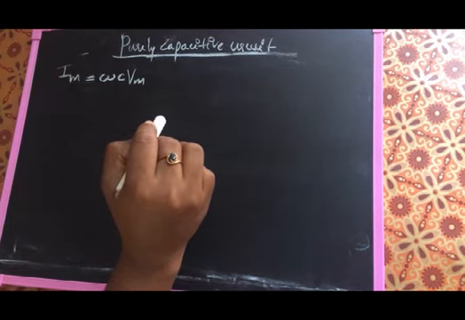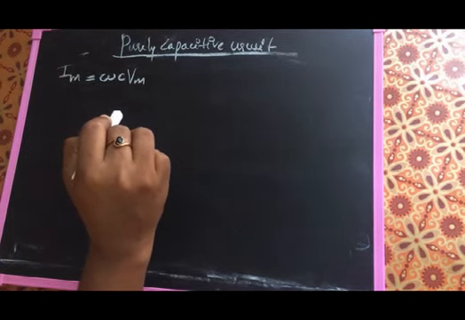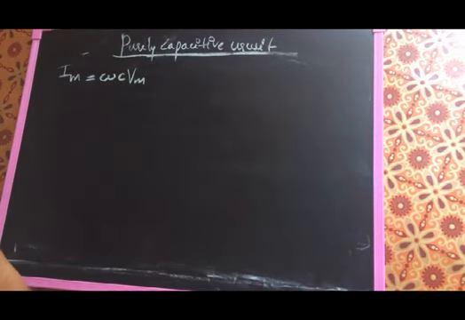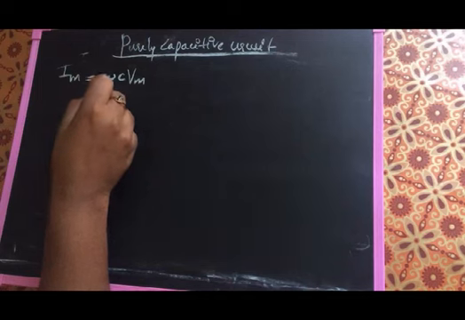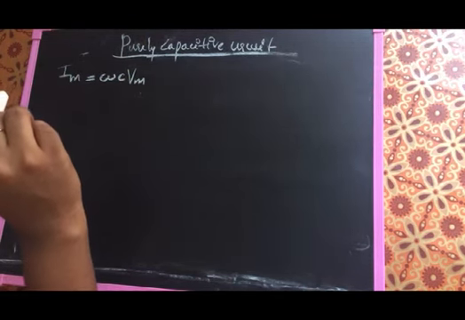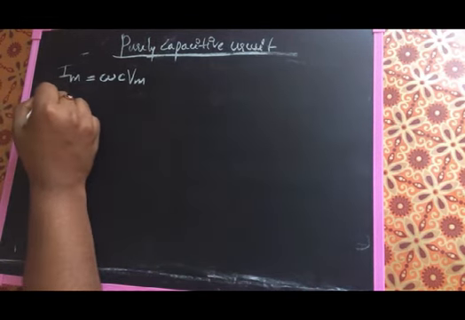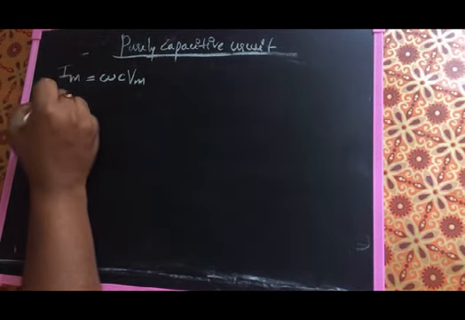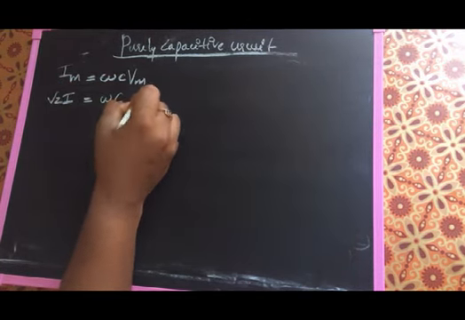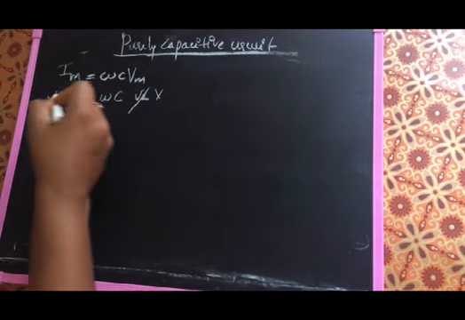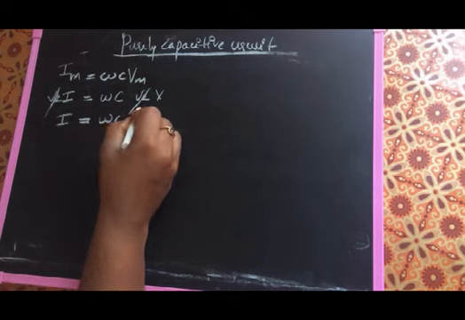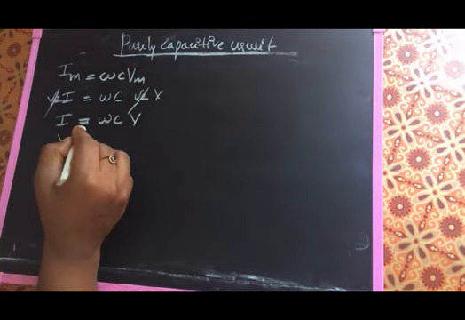So we are going to derive the equation of capacitive reactance, which is similar to the inductive reactance. So what was Im from the previous equation? Im is equal to omega C into Vm, where Vm and Im are the maximum values of current and voltage. So we can replace Im as root 2 into I is equal to omega C into root 2 into V. Cancelling both root 2, you can write I is equal to omega C into V.